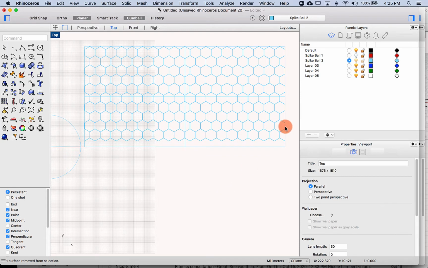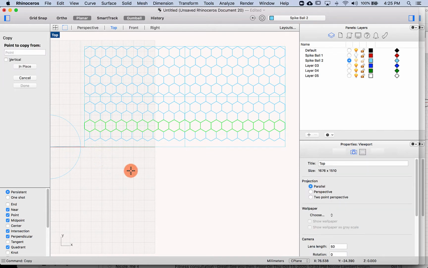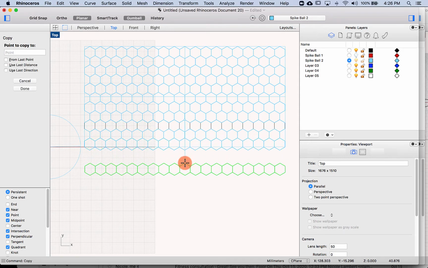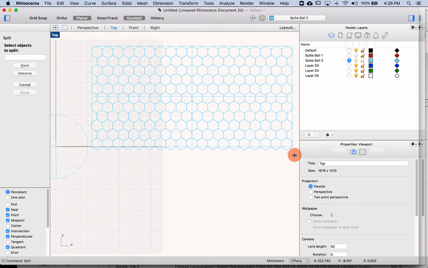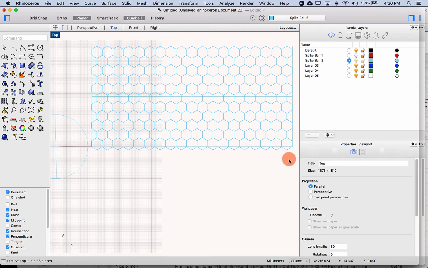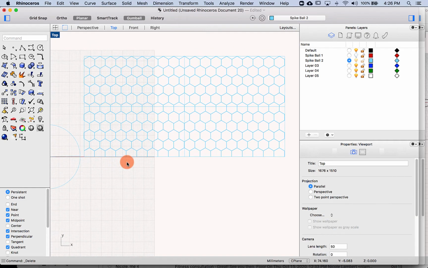actually I want the layer above that, so let's select those guys and say copy from this intersection point to here. Let's do another split. Objects to split are these guys. Enter and enter, and now I should be able to just delete these. Okay,